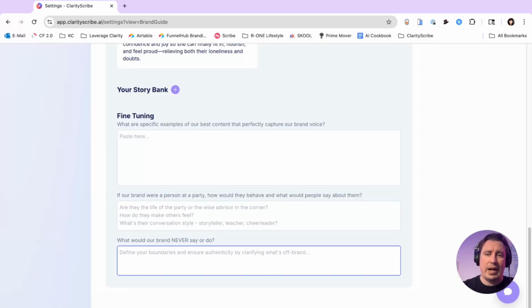And so if you said, I don't want language that sounds angry, you could put that inside of there, and that'll be a rule that gets respected across those other tools. So you can add whatever you want. You can always update this over time as well. It'll account for those different changes and apply across your account so long as you have this brand guide set up.